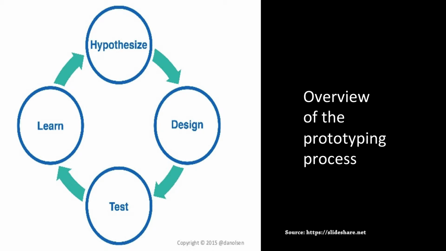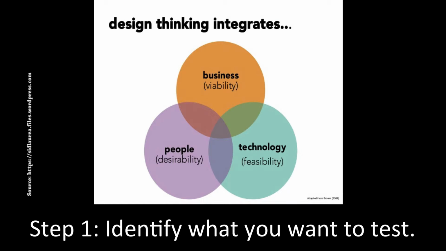Overview of the prototyping process. Step 1. The prototyping process begins with identifying the key aspects of your business idea that you want to test with your users. Remember the 3 dimensions that would need to be tested. Your idea will have lots of testable components, so you need to be clear about what you want to learn